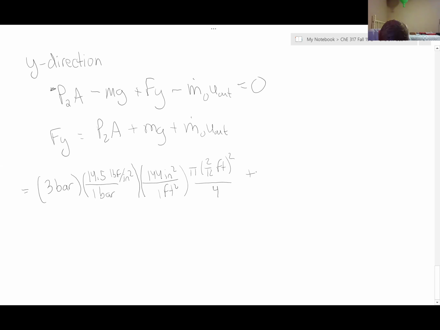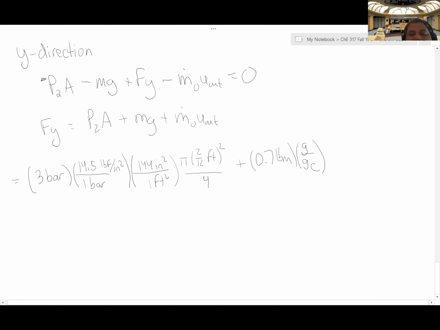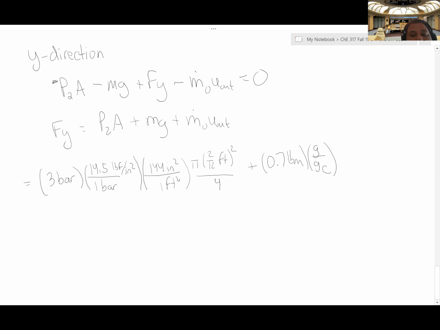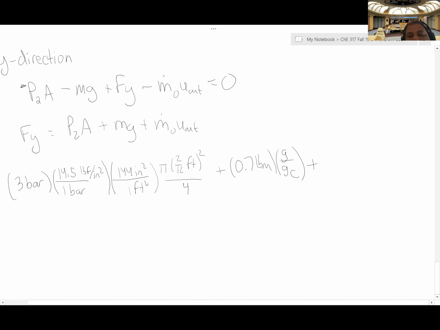My mass times gravity, it was 0.7 pound mass. And in order to convert that to pound force, I multiply times g over g sub c, which is going to be unity. So that 0.7 pound mass is also 0.7 pound force. And then I add my flow rate, which